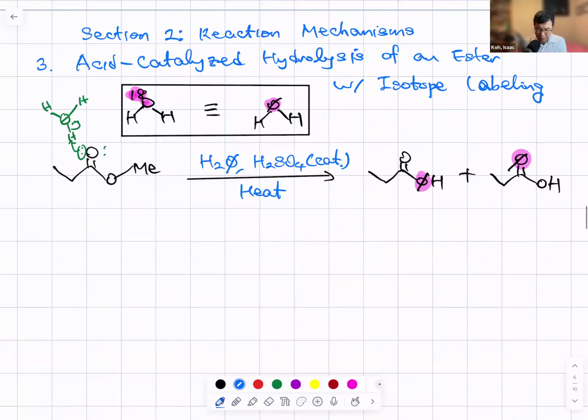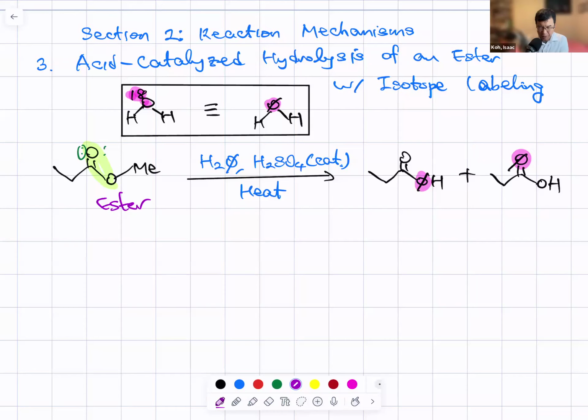Section 2, reaction mechanisms: acid catalyzed hydrolysis of an ester with isotope labeling. This is very useful synthetically and also in our own practices. Okay, so first, let's analyze our given reagent. This one is an ester,